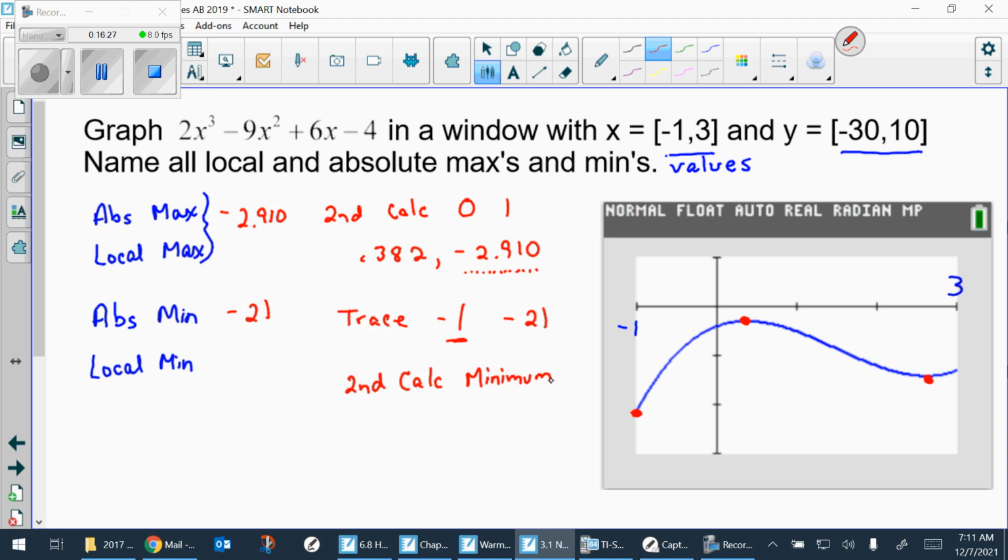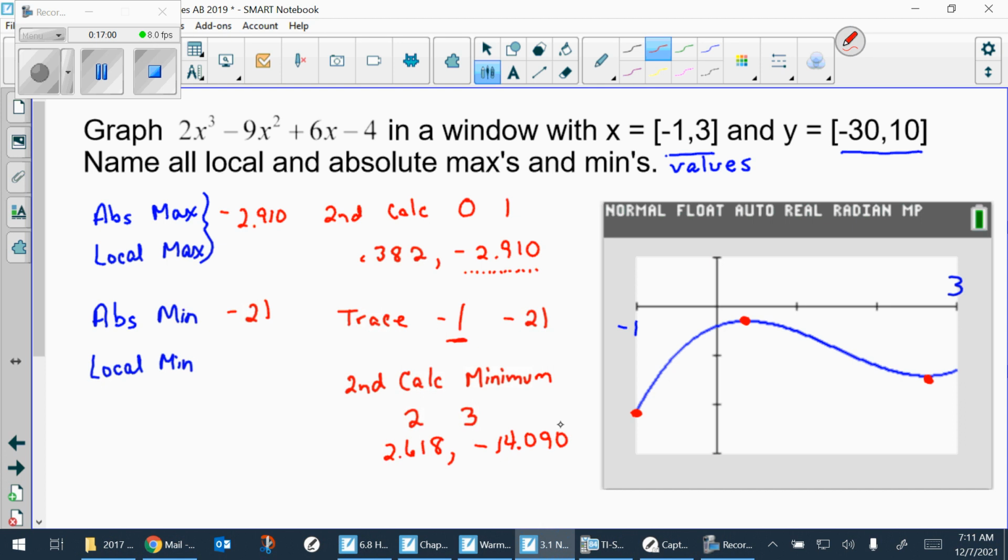And it's going to ask me between what and what. Well, I think that occurs between a lower bound of 2 and an upper bound of 3. And then it asks me to guess, and maybe I'll guess 2.5-ish. And I believe that it's going to tell me that at 2.618, at that X value, I get a Y value of